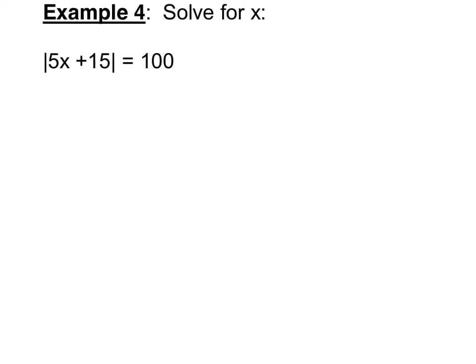It says solve for x. Absolute value of 5x plus 15 equals 100. What it means when you get equations is you have to set up two of them. Now, the biggest thing, and I'll talk about this in 1 minute, just let me finish writing this. Okay. Something I should have said before is, see how there's nothing outside of the absolute values on that side of the equation,